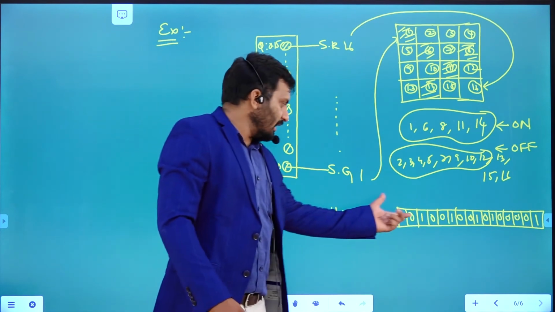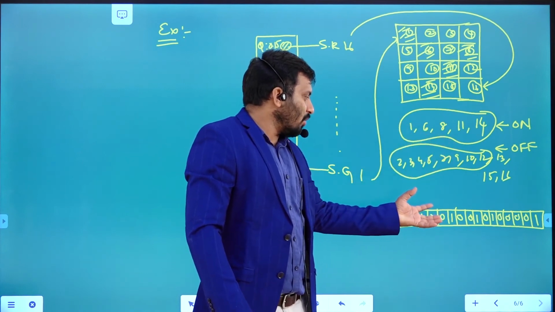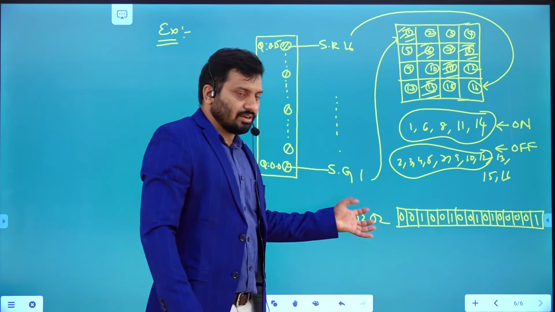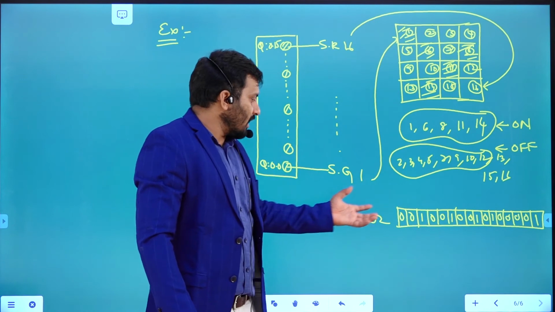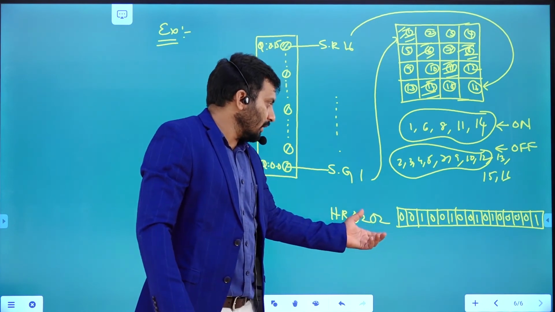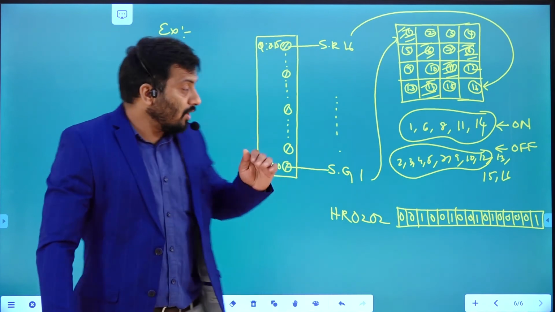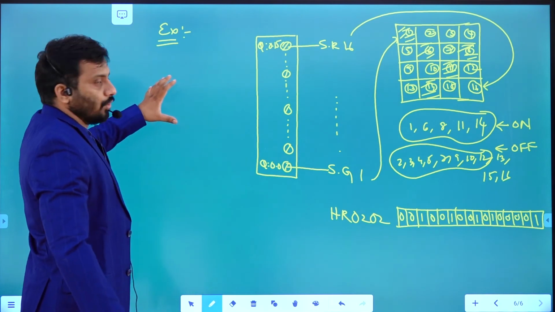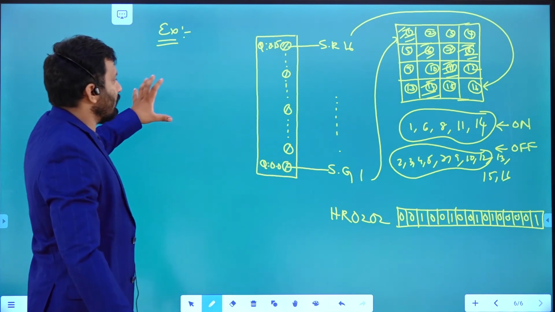First you need to place the way you want to control. Based on that bit combination, the corresponding data you need to place in any one register. For example, I place this corresponding data in holding register 0 to 02. This is the data present in this holding register. Now I want to control these guns by writing a program in the PLC, so this is going to act like input to that program.